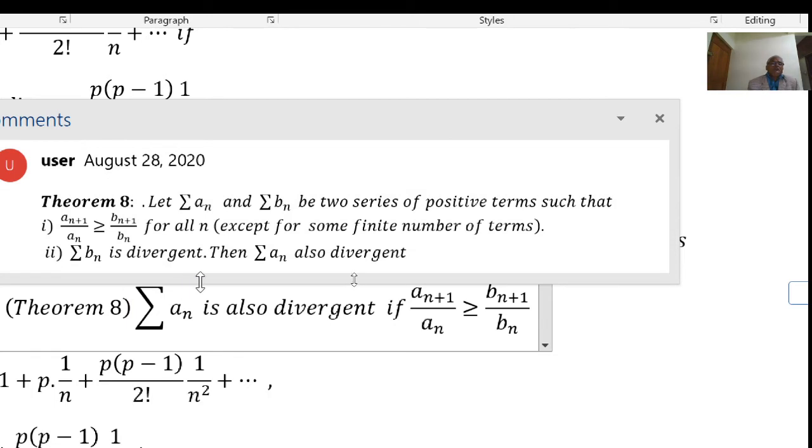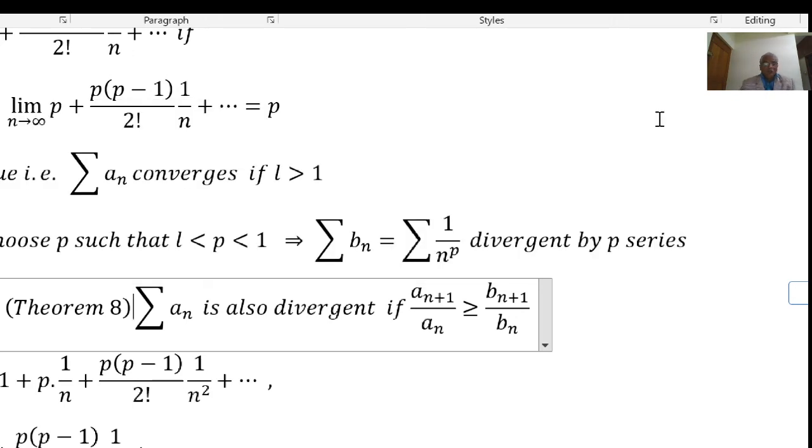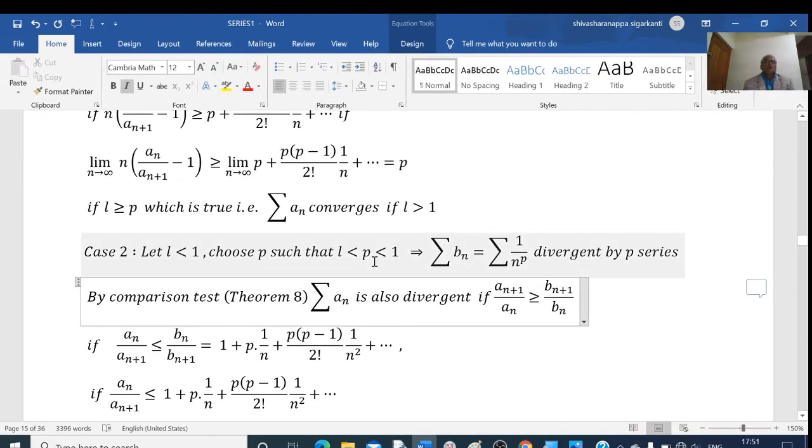I can say it like this. Let sigma an and sigma bn be two series of positive terms, and sigma bn is divergent. Then sigma an is also divergent if this condition is satisfied, that is, a(n+1) divided by an is greater than or equal to b(n+1) divided by bn. Using this theorem in this proof, by comparison test theorem 8,